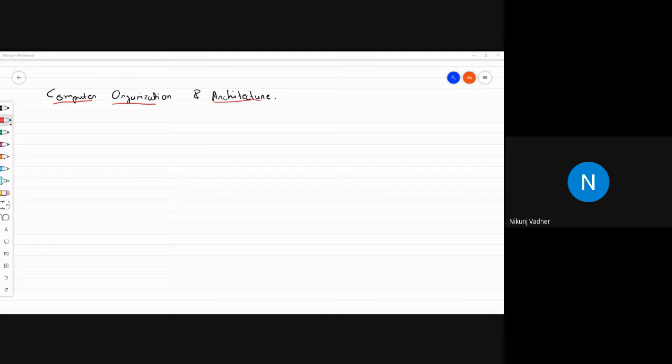In the first unit, we will discuss register transfer. What is a register? What is register transfer language? Okay, which are the basic microoperations supported by computer architecture, and all those things we will be discussing here.